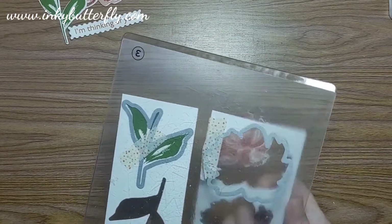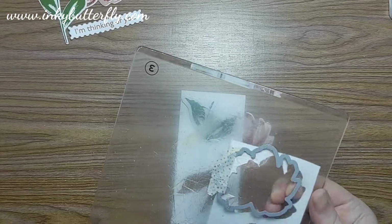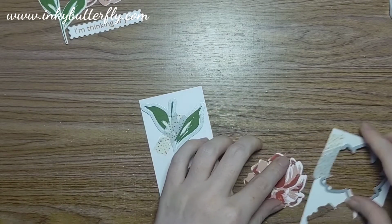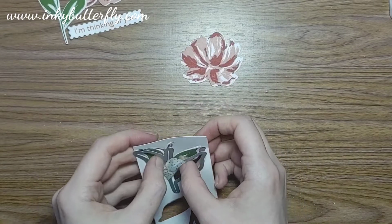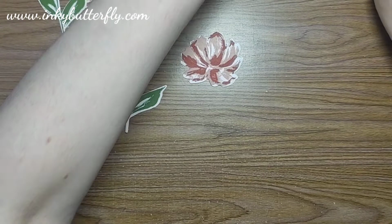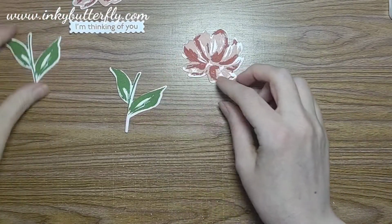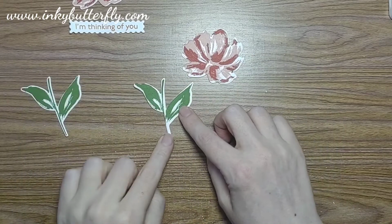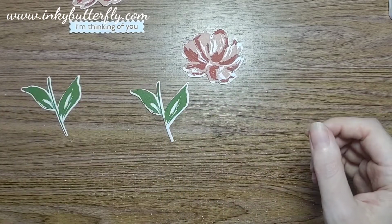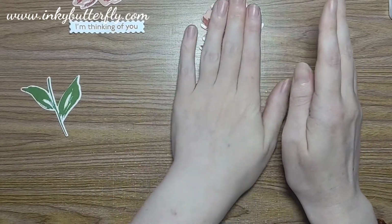And I do tend to go forwards and then backwards on the cut, just to make sure everything's cut through, but it isn't actually necessary at all. It's just a habit I got into when I was using other stuff before I was a demonstrator. Right, that one, the die is just misaligned slightly. That will be user error, so we'll make that the one that goes in the background and the flat,